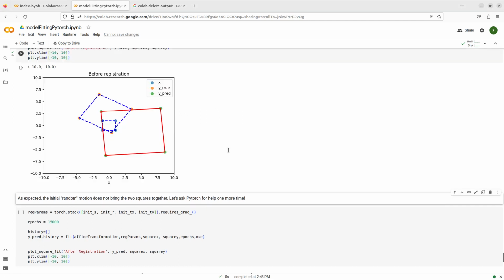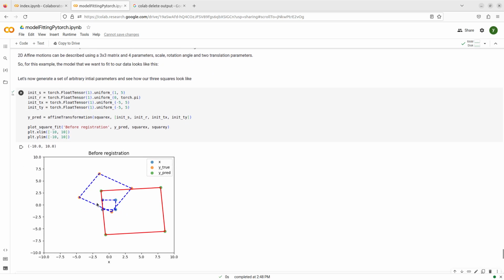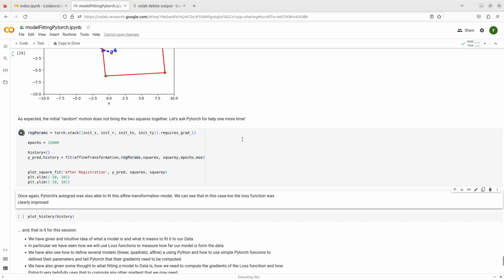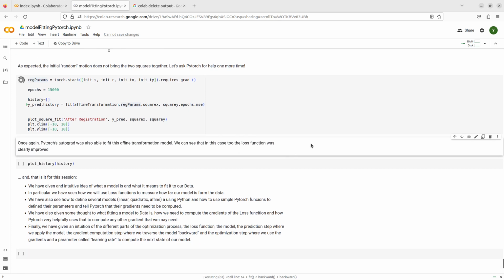First, let's just plot everything randomly, and you see that the 2 squares that we used to have are there, but the initial transformation transforms one into, well, not really the other, but something else, okay? Now we just have to define the parameters for our transformation like we did before, defining some random parameters, and fit, using the exact same fitting function that we have been using, this new model, the affine transformation, to our data. Again, doing 15,000 epochs, but because of the GPU, the thing does not take long, and you will see how,